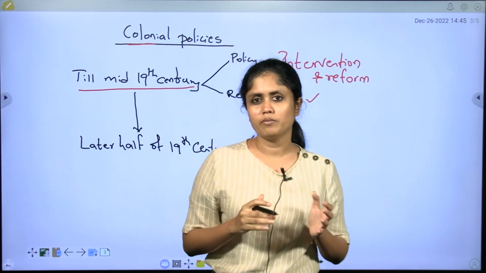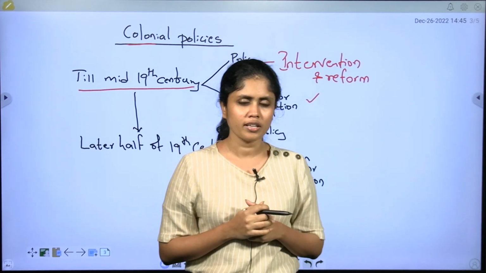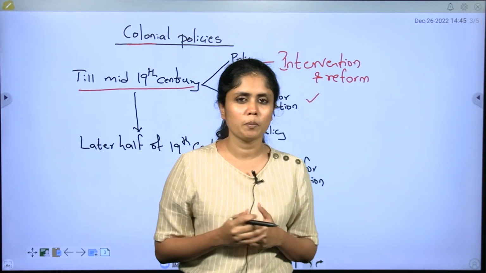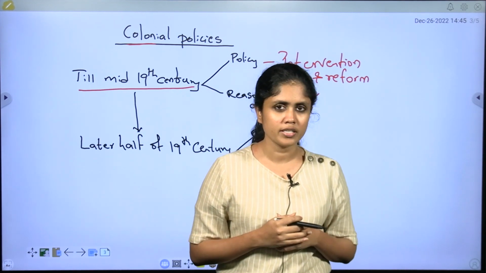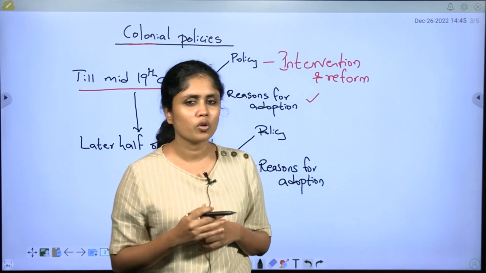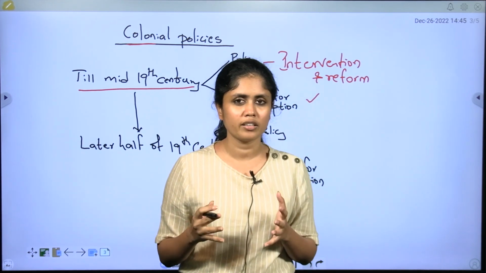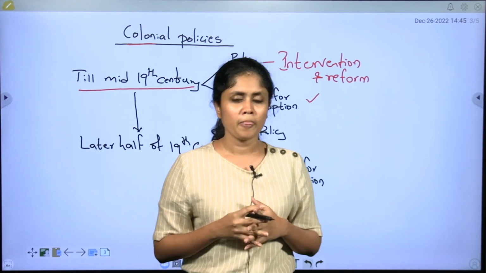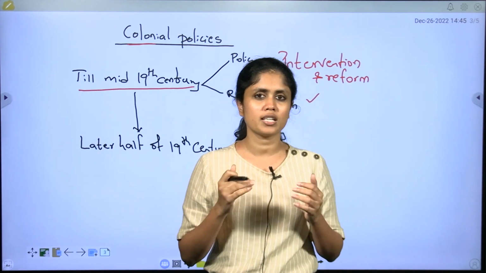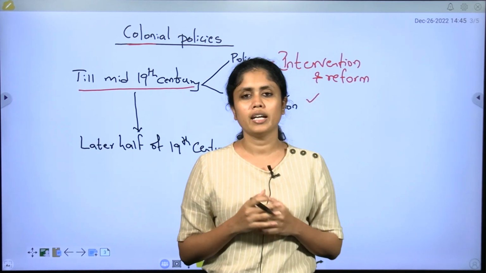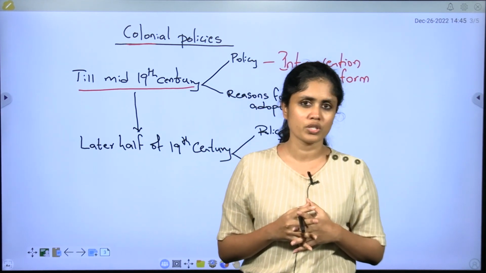But the reason for the change in the stance of Britishers post mid 19th century is that because of all these colonial policies, they were seeing a lot of rebellions from the tribal communities, whether it is the Santal rebellion or the Kol uprising or the Rampa rebellion. All these rebellions came into the picture, and they were threatening the position of the colonial government, mainly because the tribes, when outsiders were introduced into their communities, started facing exploitation at the hands of the money lenders that the Britishers introduced in these communities.